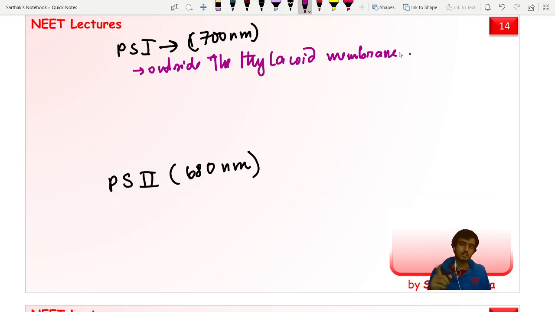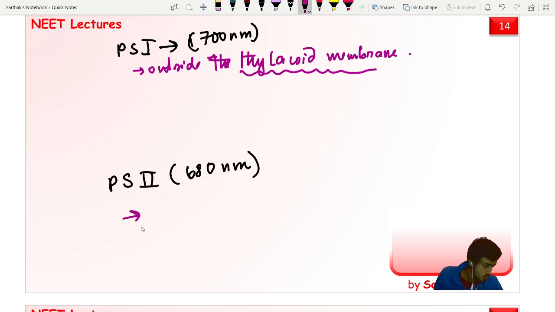What is thylakoid? Thylakoid is the sac-like structure present in the chloroplast, and when thylakoids are stacked together in a unit, they are known as grana, and different grana are linked together by stroma lamellae. The fluid in the matrix present in the chloroplast is known as stroma. So PS1 is situated outside this thylakoid membrane,